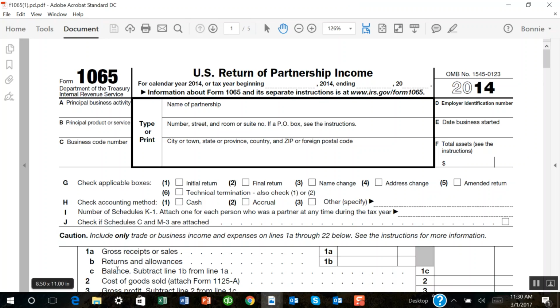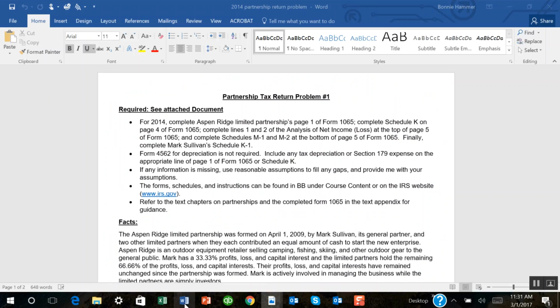Okay, so I'm not going to wait until that comes up. Here's the 1065, and here's where you fill out the name of the partnership, the address of the partnership, the principal business activity, product or service, and the business code number. Now, I think I told you in this document here, which you can consider the documentation that you would have gotten from the client in order to fill out the return,